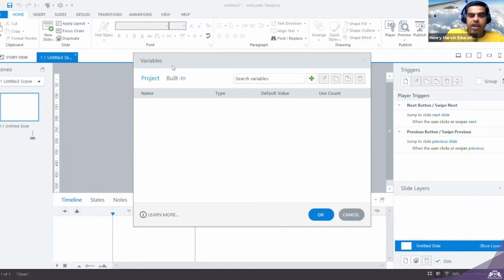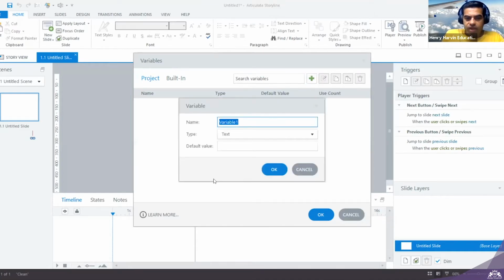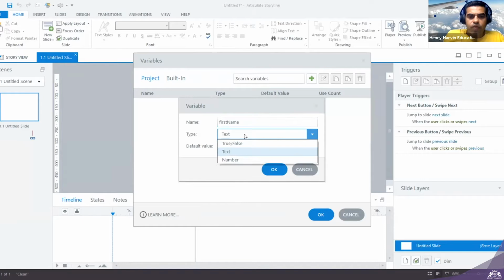Now, if I want to define any variable, you can click on this plus sign, and another box is going to open, which is asking for some name. So I can say first name will be maybe my variable name. What type of data are you going to store in that? I told you there are three things that you can store. It may be a number, it can be a text, or it can be a Boolean value, which is nothing but known as true and false.